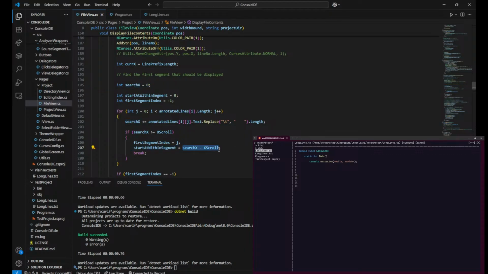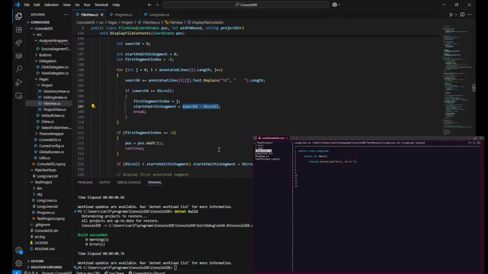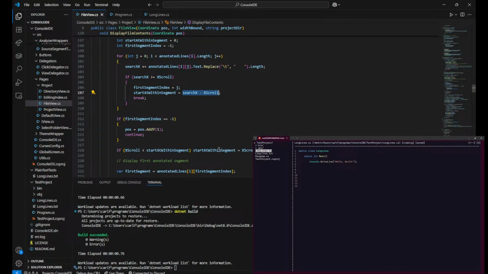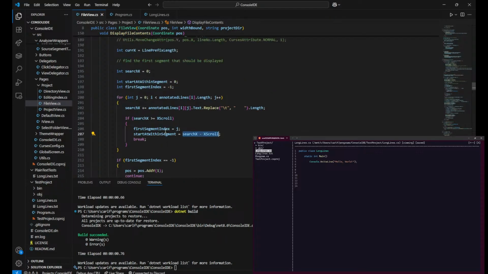Oh, that's kind of dumb, isn't it? No, but 1 is less than the X scroll. Or 1 is greater than the X scroll. So it gets set to 0, which I think is correct. So that's fine. That gets set to 0. I don't know why it continues then, because j shouldn't be -1. J cannot be -1. J must be greater than or equal to 0. The search x starts at